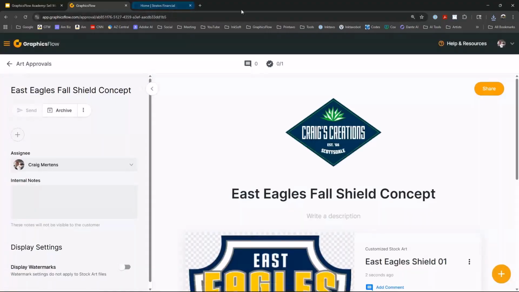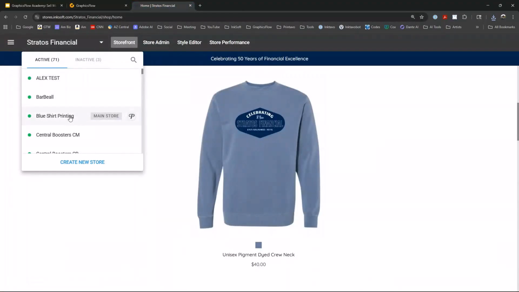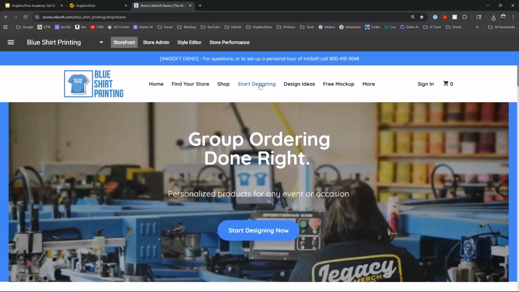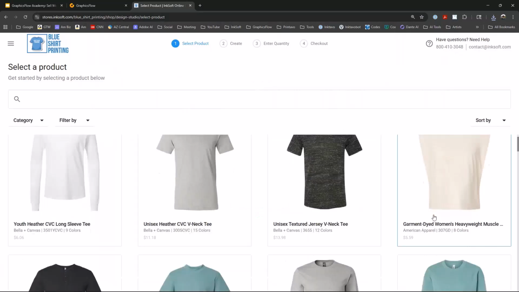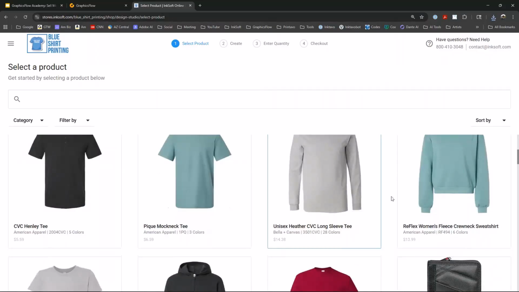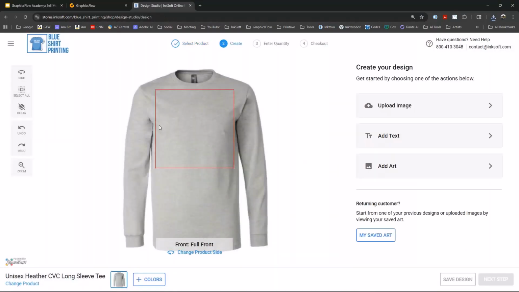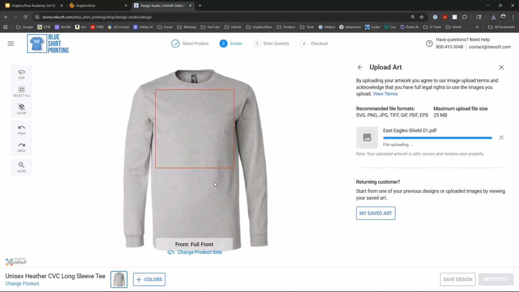But then what I'm going to do is I'm going to go back to my main InkSoft store, and this is like my main shop store right here, Blue Shirt Printing. And in Blue Shirt Printing, I have the designer. So I'm just going to hit Start Design, and we're going to find a shirt we're going to want to put that on. So let's put it on that long sleeve tee right there. Hit Design Now, and I'm going to hit Upload Image, and I'm actually going to upload the PDF version of that file,